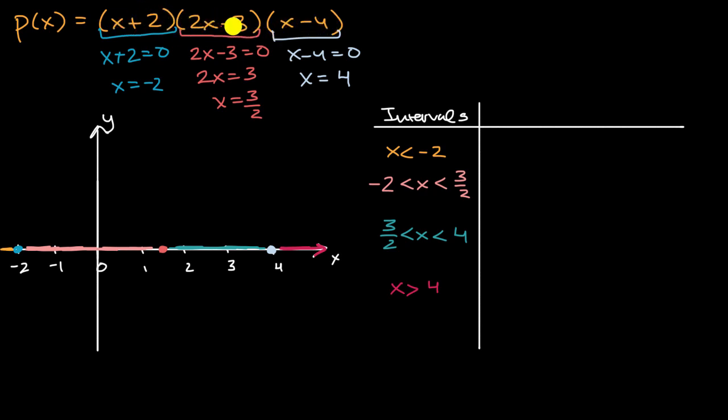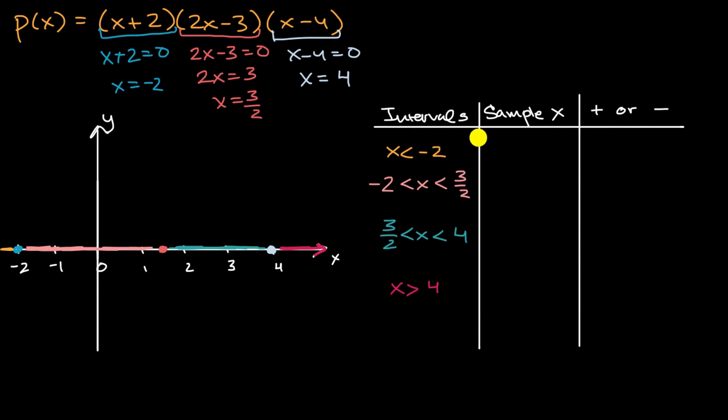Think about whether they're positive or negative, and use our knowledge of multiplying positives and negatives together to figure out whether we're dealing with a positive or negative. So let's do it. We can do it both ways. So let's think of this as our sample x value. And then let's see what we can intuit or deduce about whether over that interval we are positive or negative. So for x less than negative 2,